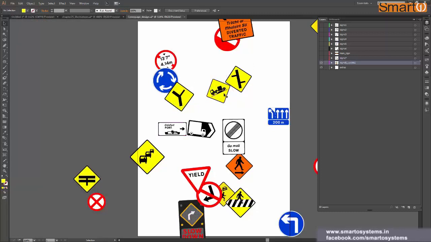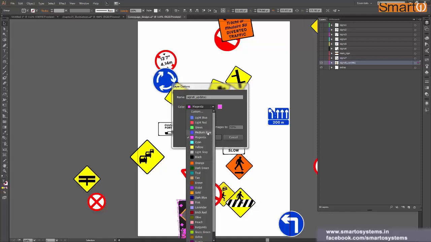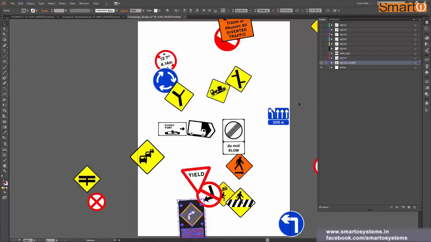So it is a good idea to have a color which is complementary to all these shapes. Let's say in this layer I mostly have blue, yellow, and I think red, orange and black. So the color I have selected right now, the magenta, actually makes some sense because this complements all the colors, and I can see my selection very clearly. If I select some color like, let's say, blue itself, or yeah, let's say I select medium blue here and I click OK.